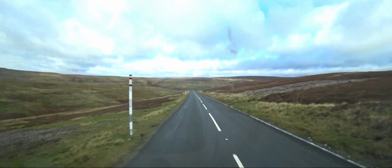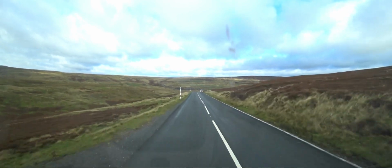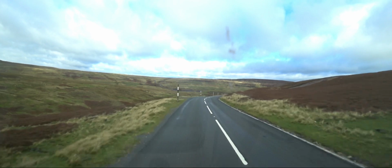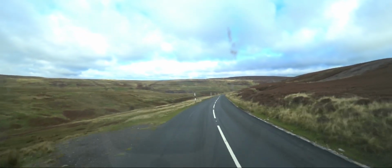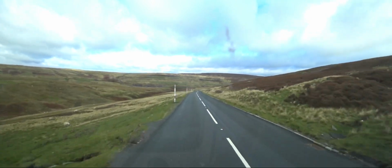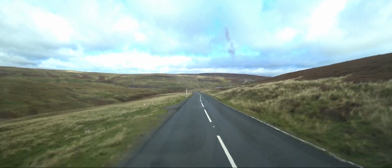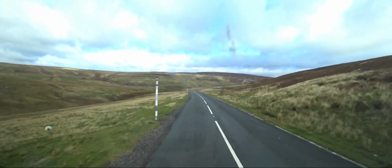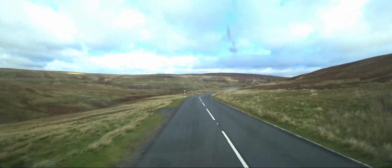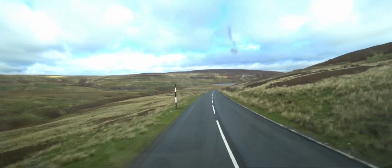I think there's a pull in round this corner, love, in which case we'll stop there. Now we can, and I completely forgot to put the gaffer tape on, so the damn door's swinging, bloody annoying thing. Fit and finish, Swift. Fit and finish. Check these things out. And dealers, when you're PDIing them, for God's sake, check everything, will you? It's not hard. If I knew how to alter the catch, I would do it, but I don't,